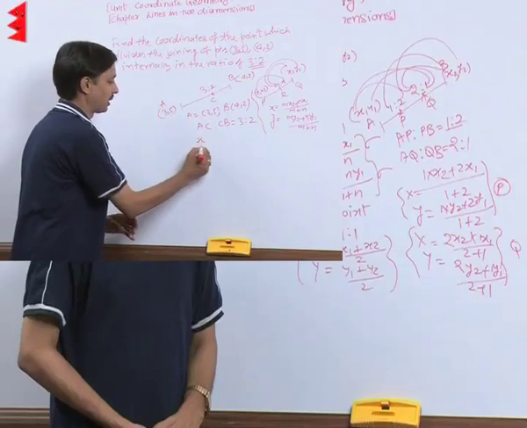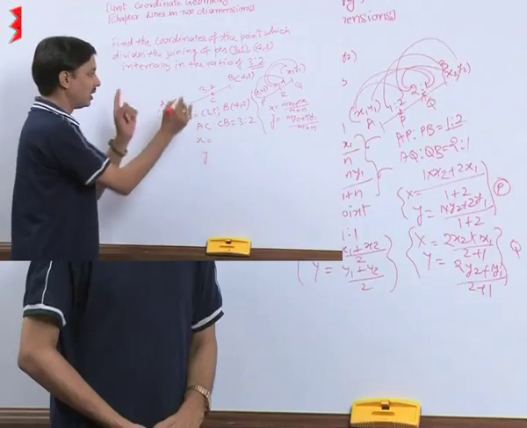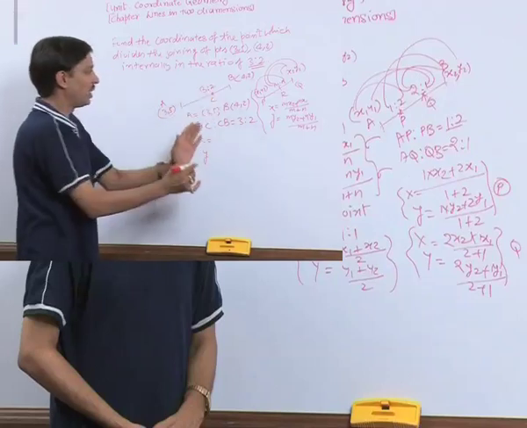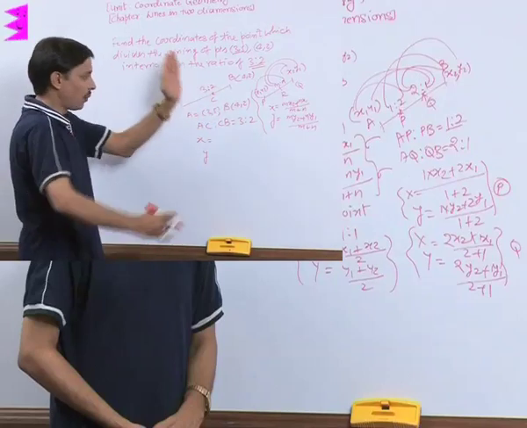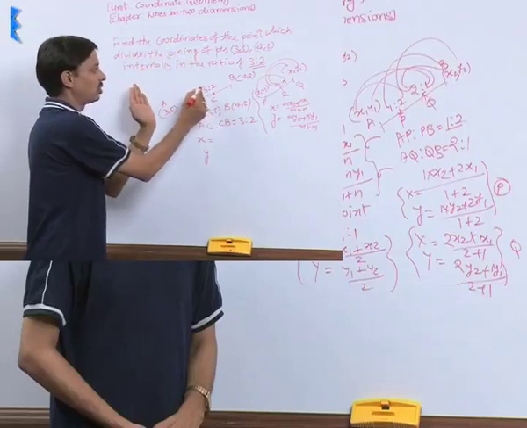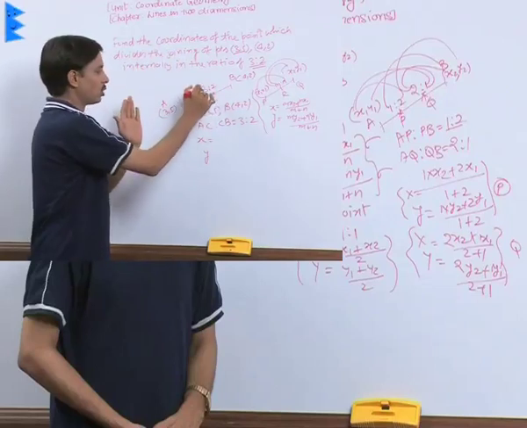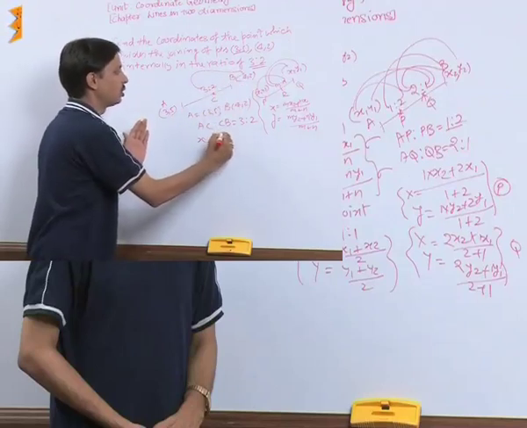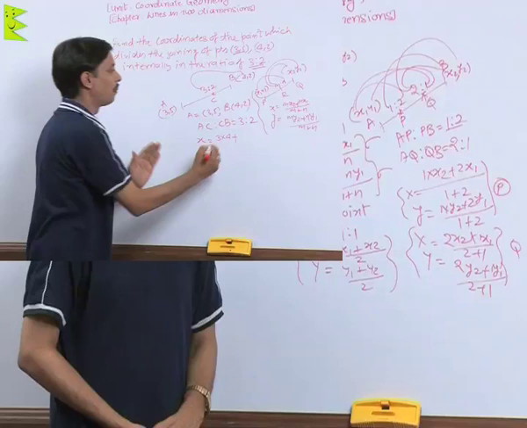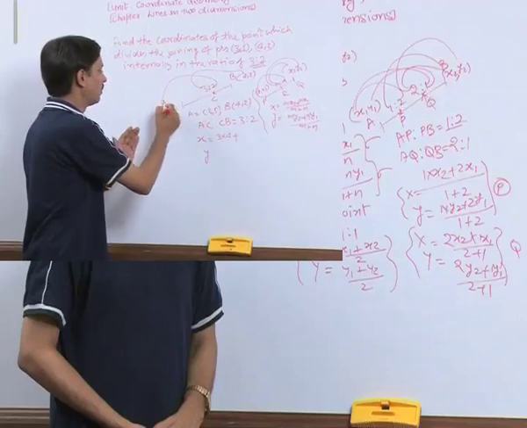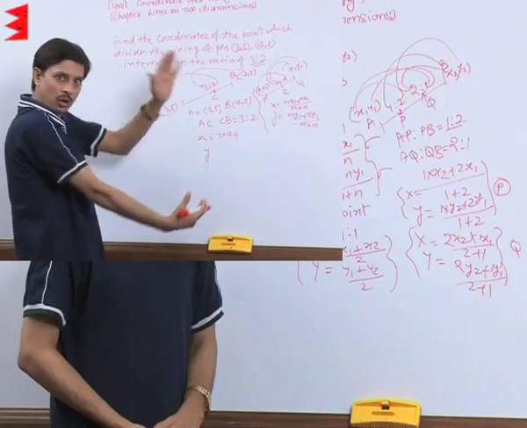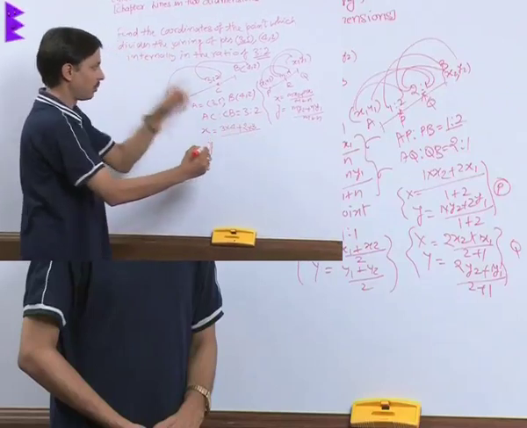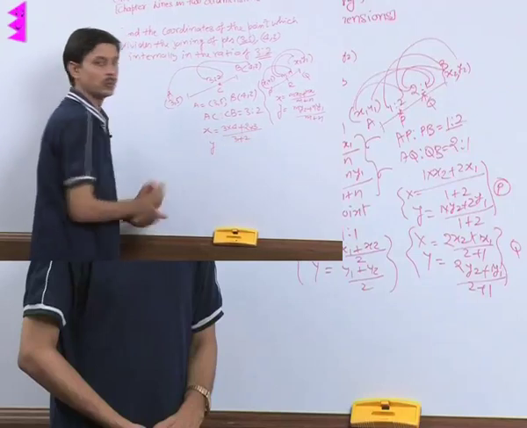So the value of x and the value of y. Here, what is m? 3. If we are taking the ratio of the left side, it is 3, and the ratio of the right side is 2. So left will multiply to the right coordinate, that is mx2, which means 3 into 4, plus ny1, that is the right ratio times the left coordinate, that is 2 into 3, upon the sum of ratios, that is 3 plus 2.